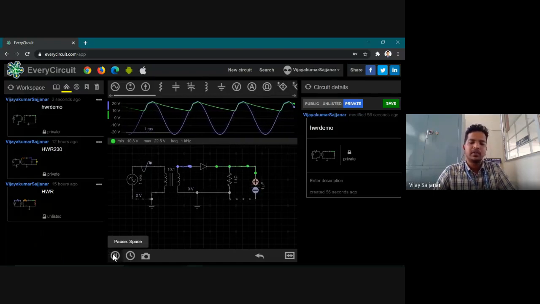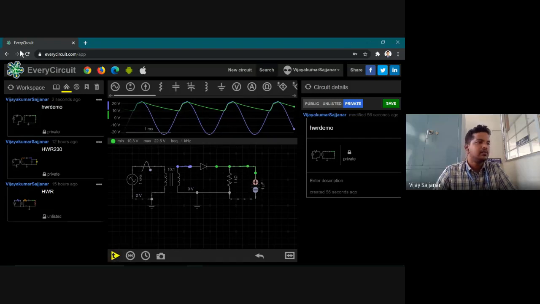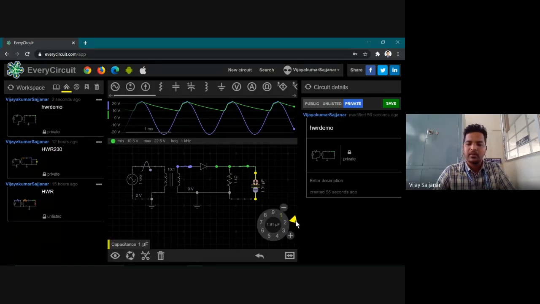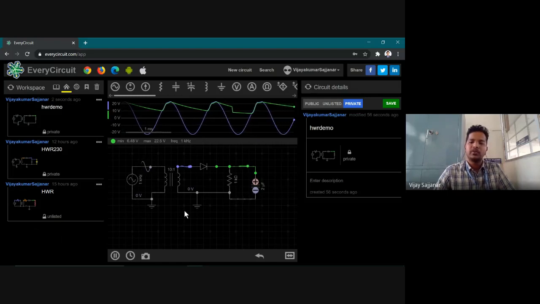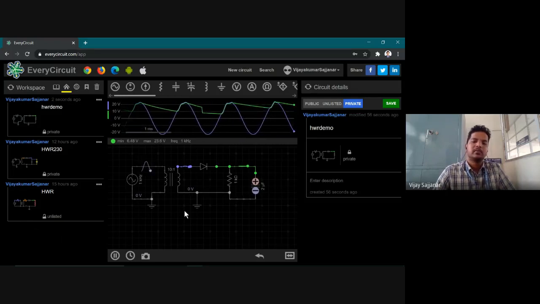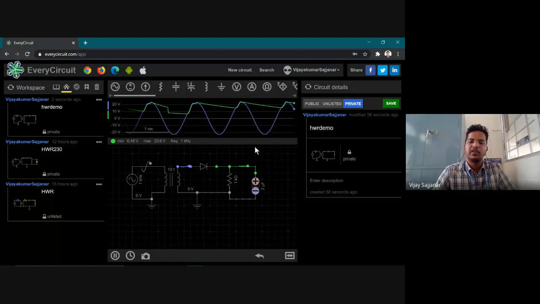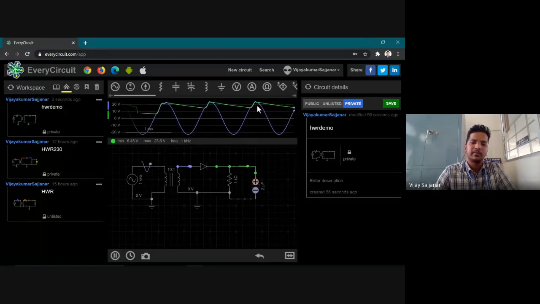As per our discussion, we can increase the capacitance because our ripple factor is inversely proportional to the capacitance. If we increase the capacitance, what is our expectation? Ripples should be reduced to a higher extent. So observe, let it get stable. Now its charging time is even lesser.